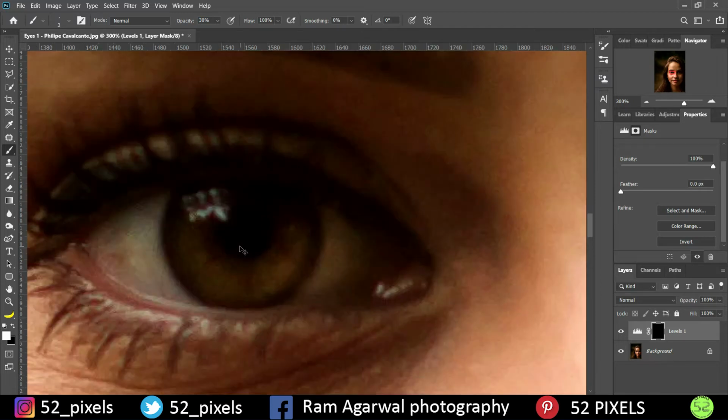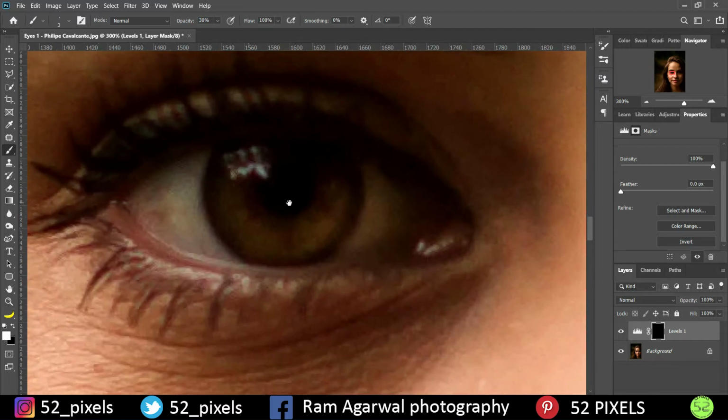I'll zoom in even more so that you have a clear view of what I am doing and what is happening with the image. So now I'll start by painting little lines on top of the eye. As you can see, I'm painting the eye in this color. This is the main color that we get from enhancing the color using levels. It's the same thing, just because we are using the white brush, it is getting applied.